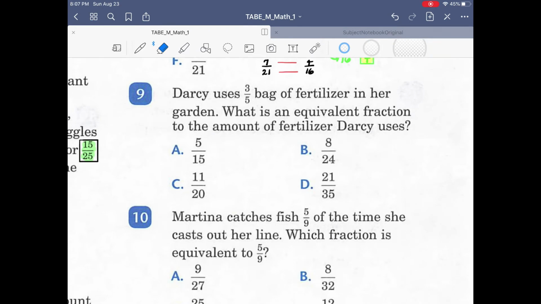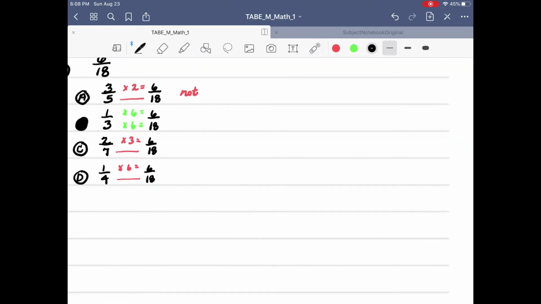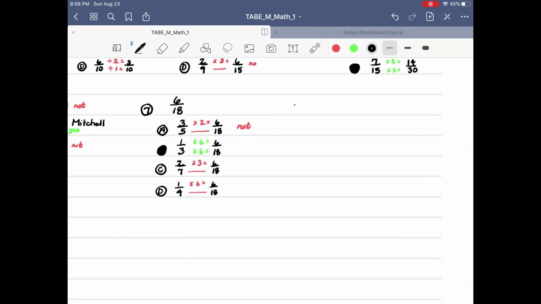Number 9. Darcy uses 3/5 bag of fertilizer in her garden. What is an equivalent fraction to the amount of fertilizer Darcy uses? So we're looking for an equivalent to 3/5. And I think I'm going to put that one over on this page. 3/5 is what I'm comparing to. And I have